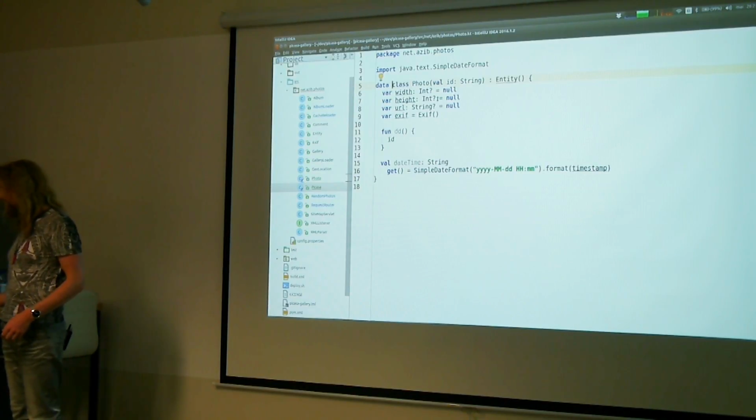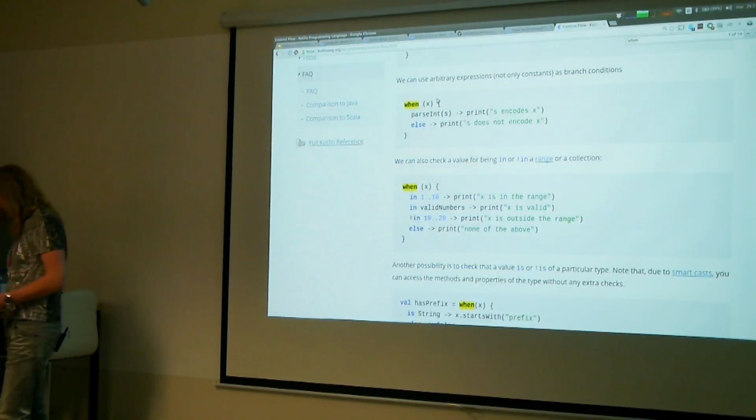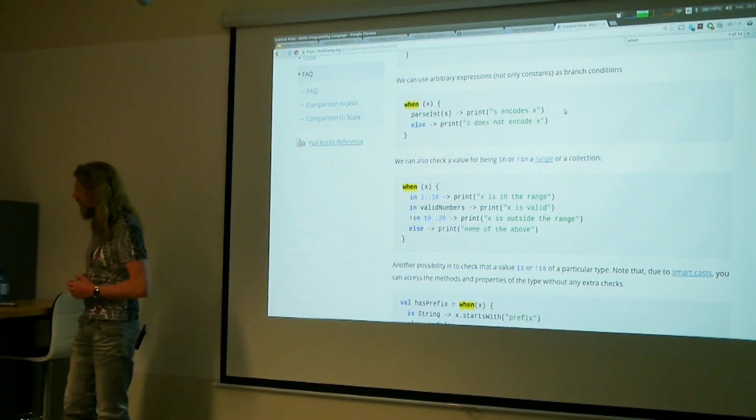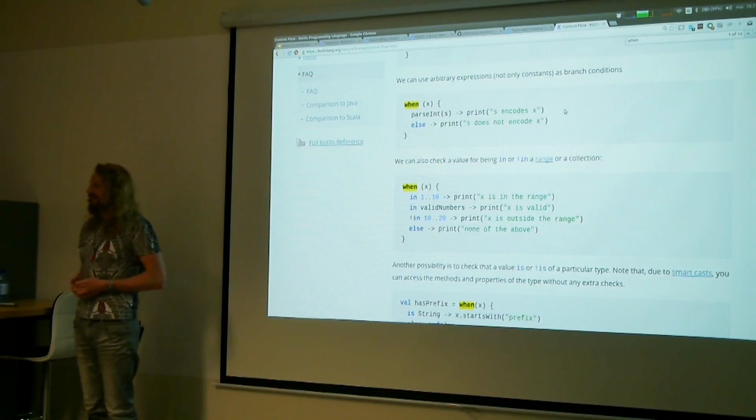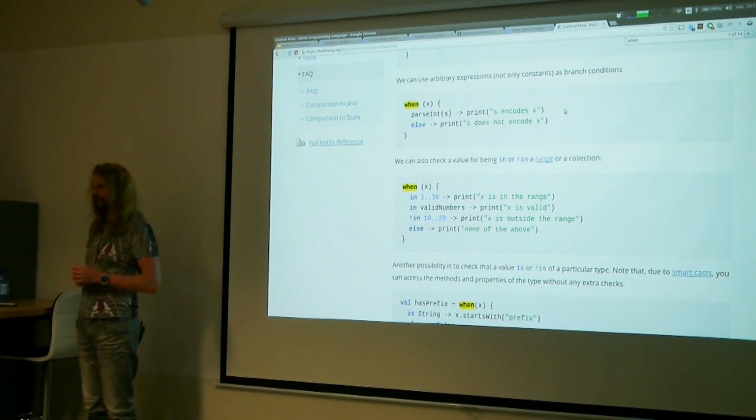Can I use data classes in when expressions? I don't know. Maybe you can, maybe this is coming. We need to check that more precisely, but I think that thing is pretty cool already.